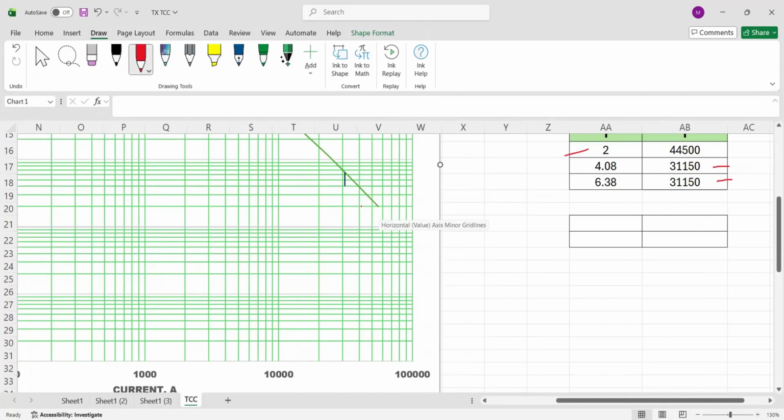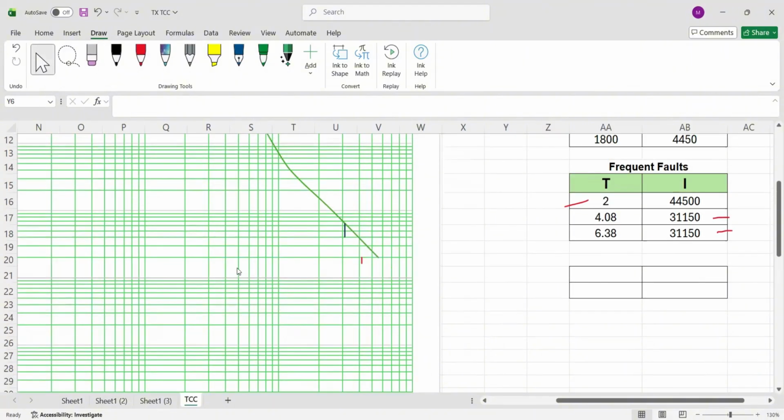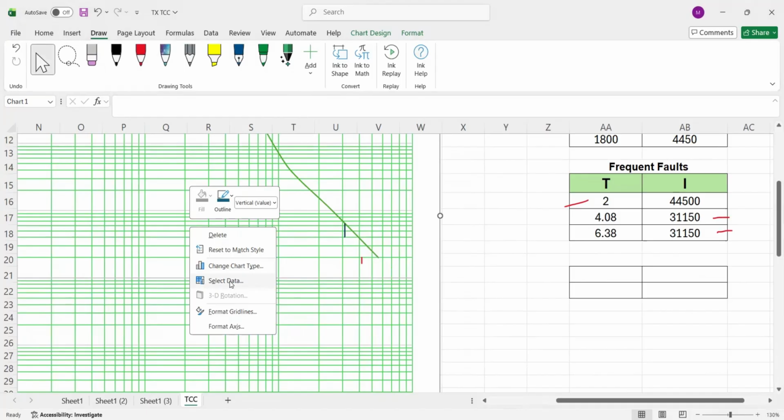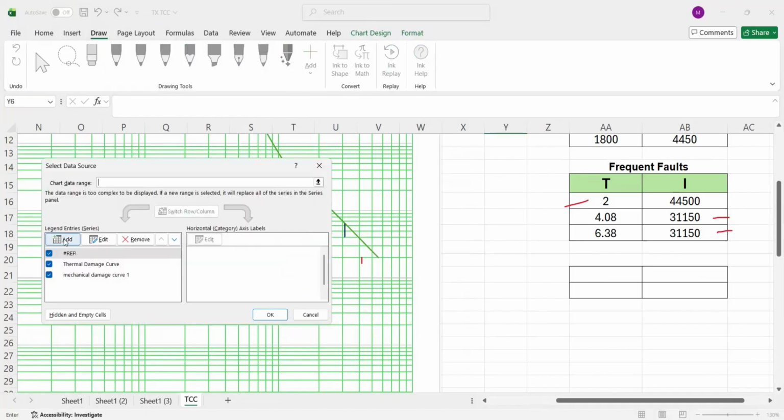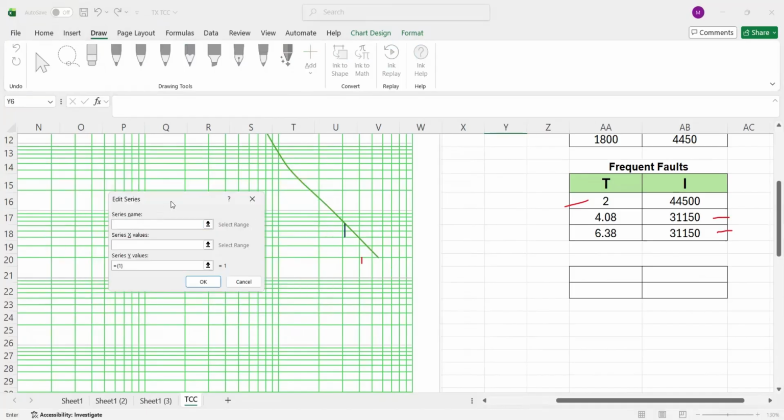So again, let's plot. Right click, select data, and click add. Then name this as mechanical damage curve 2.